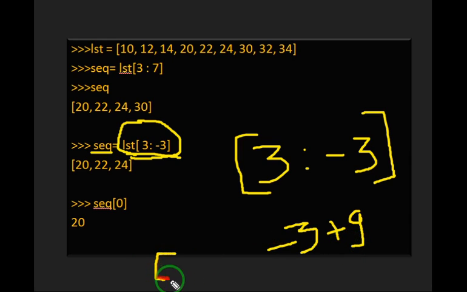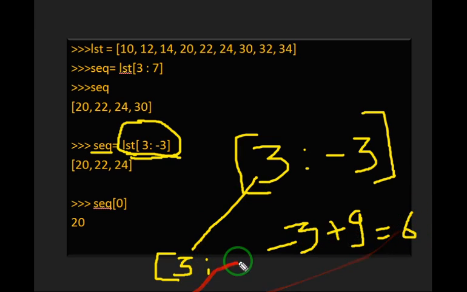Your new range will start at 3, and minus 3 plus 9 is equal to 6. So 3 colon 6 will be your new list slice. Let's see what output you will get.